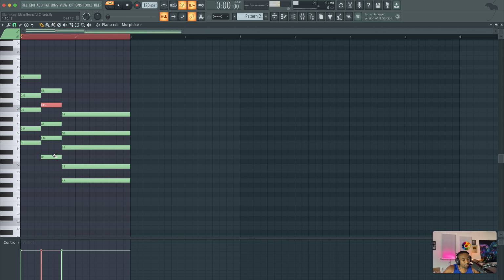I'm trying to keep it simple, but 0, 1, 2, 3, 4, 5, 6, 7. That's the beginning of the dominant seventh chord. 8, 9, 10. So I need to flatten that note. 11, 12, 13, 14. That makes this a dominant ninth chord. And now we can take that fifth and ninth, raise it up.